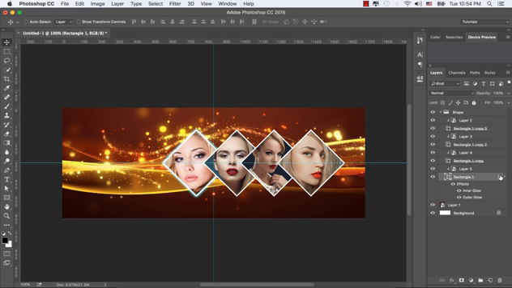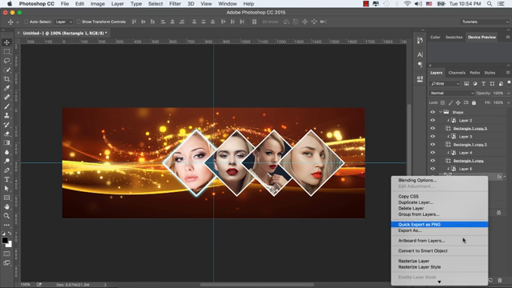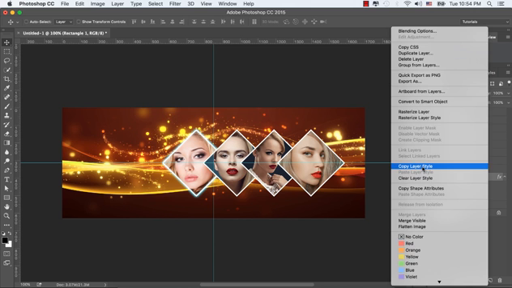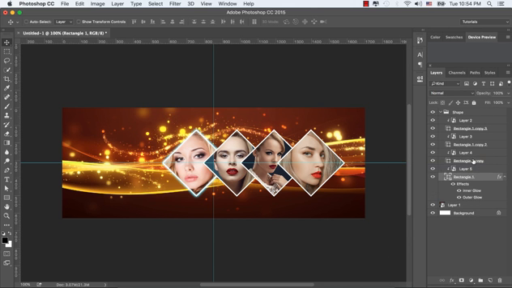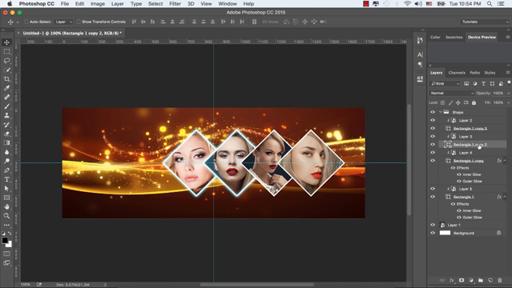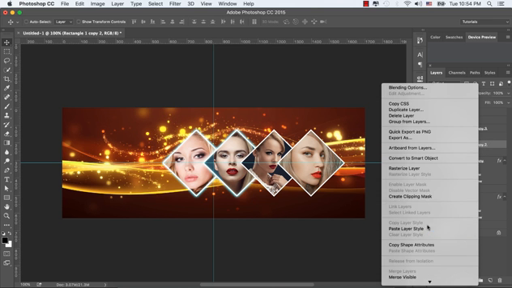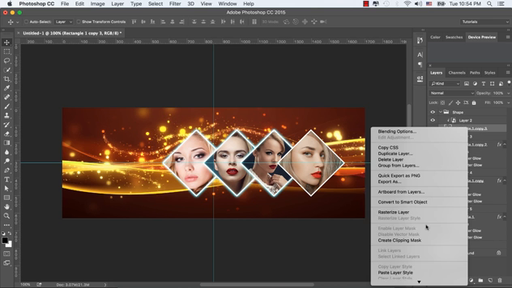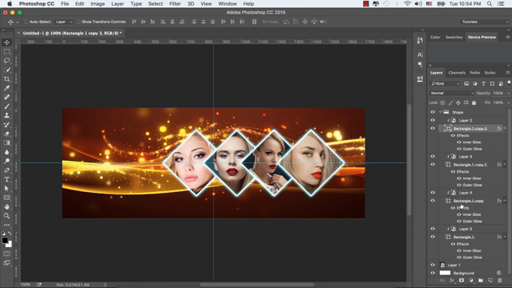Click OK in order to accept this. And now click the mouse right button and select copy layer style. Now let's paste this layer style to the other three rectangular shape layers.